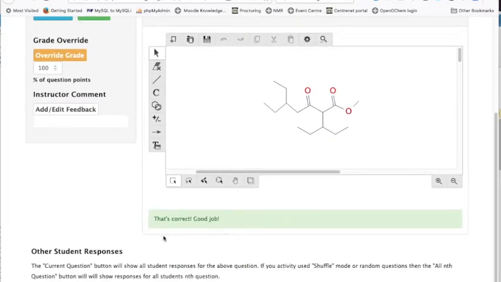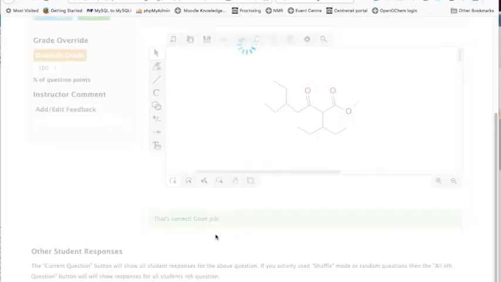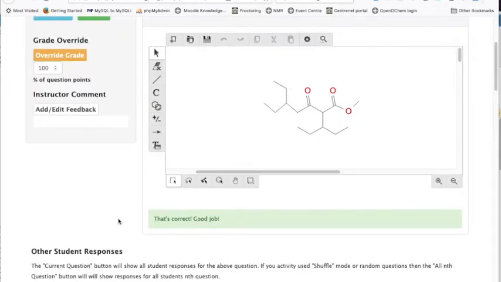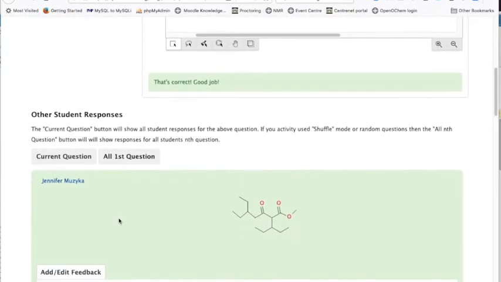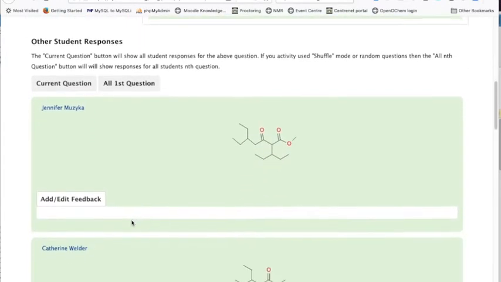There's some buttons down here so you can see other student responses. You can see other student responses for everybody's first question. If you scramble the questions, then that would be a little awkward because they won't all have the same first question. I don't scramble the questions, but I always just pick current questions so I can see the responses to that, and then you don't really notice much except the page got a lot longer,